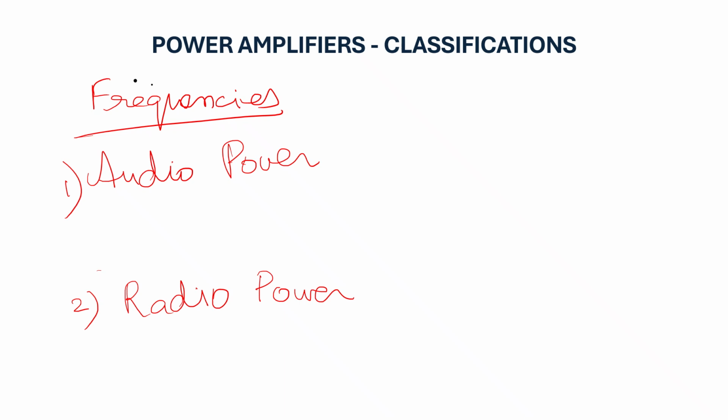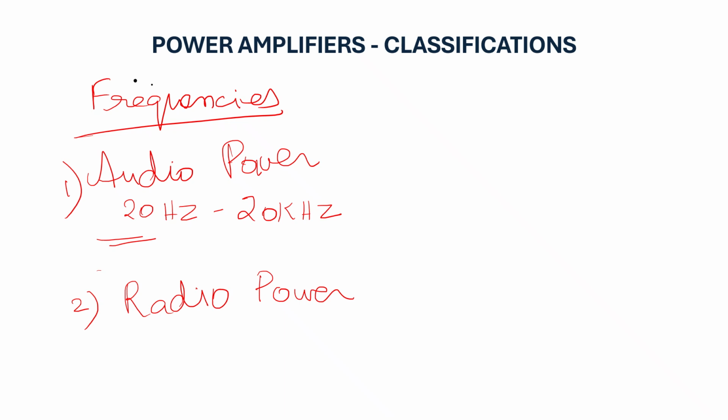Audio power amplifiers are amplifiers which increase signals working in the range of 20 Hz to 20 kilohertz. We know that the range of the audio signal is 20 Hz to 20 kilohertz. So the amplifiers which are working with this frequency range, 20 Hz to 20 kilohertz, are called audio power